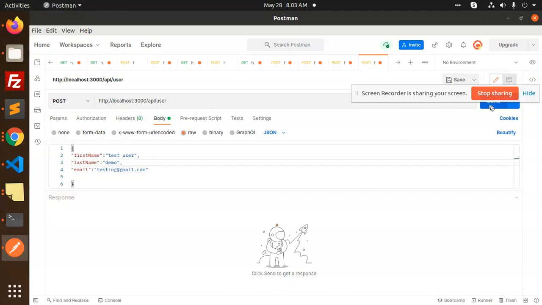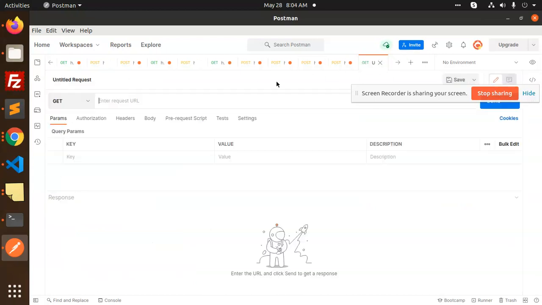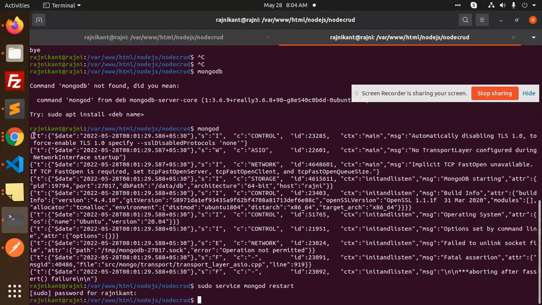Here, send. See, we get the result. That means user is created. Let's take the ID over here and we're going to add it with the get user API. So this API is where a data record is inserted. So we are going to make a get request with the ID. So what the ID is basically,